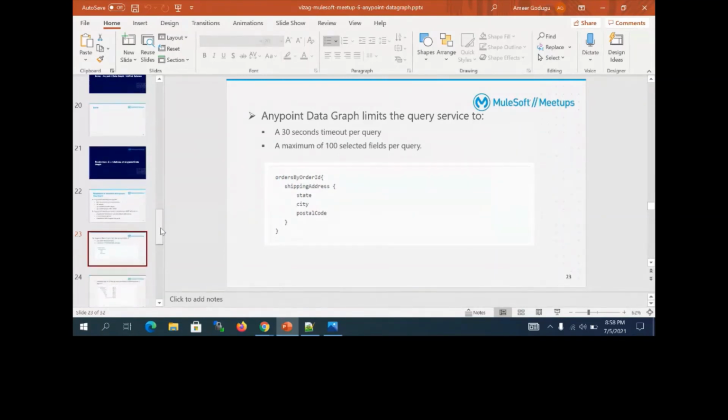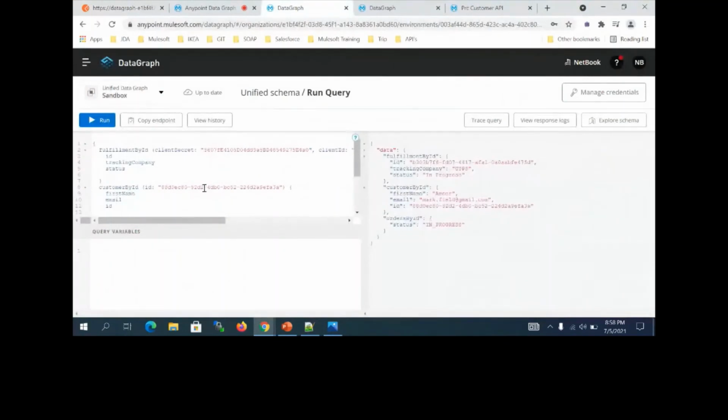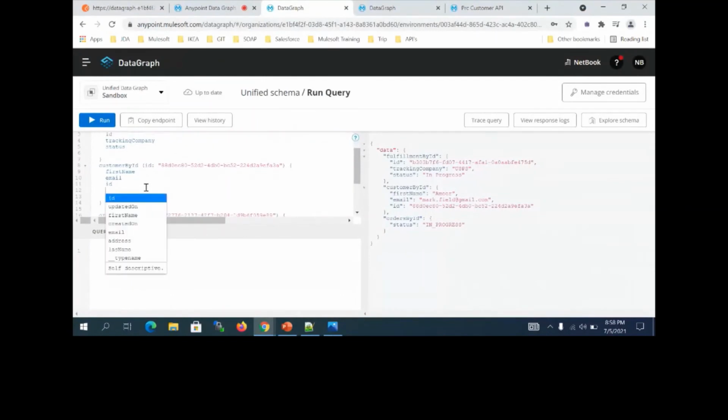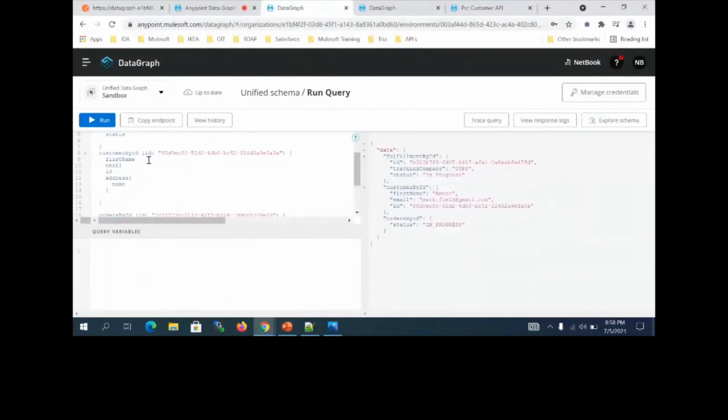That is another limitation. Then another thing is, if you see my steps over here, in my query, from the customer API I want to access address. Within the address, I want to access some more elements, right? The name or something. Similarly, if I have sub data types, you can access up to 6 levels only. This is root 1, then this is the second level, the sub level.